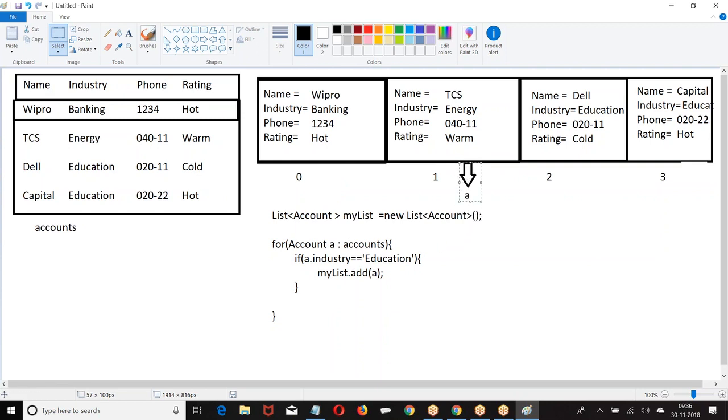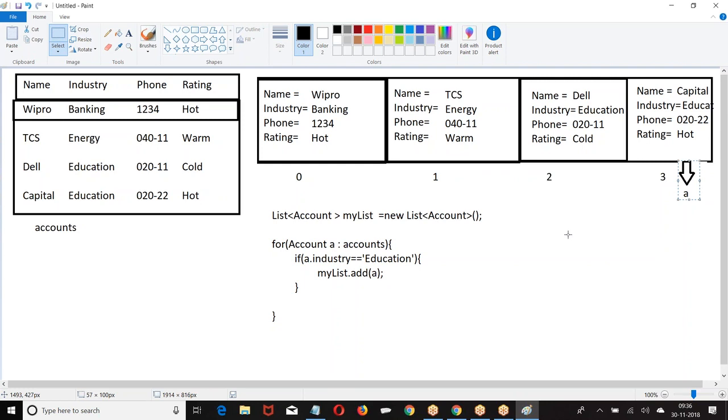A dot industry energy, not equal to education. Don't run the logic. A dot industry education, equal to education. Put them in my list. A dot industry education. Put them in my list.